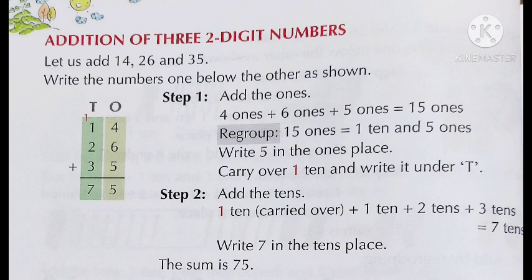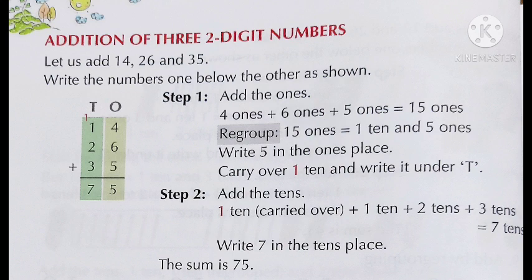As we have already learned, for addition of two 3-digit numbers we have to first add the ones side and then we are going to add the tens side. Adding the ones side, whatever the answer will be, one digit we will write and the other digit we will carry forward under the tens section. After adding the tens section we will add the carry forward number and then write the total in the answer.